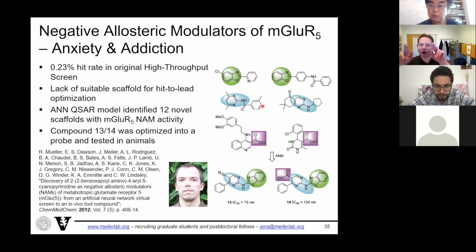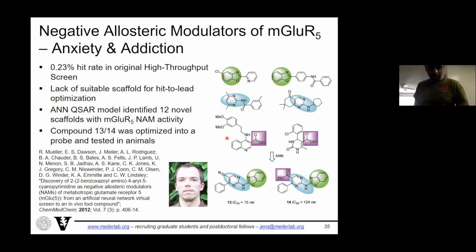So we wanted to scaffold hop. We wanted to have new chemotypes, new chemical structures, but with the same activity. And you see our structures that we purchased recapitulate some structure features of active molecules, but reassemble them in really new and creative ways. Some of those were quite potent, 75 nanomolar. And then we basically used those as lead compounds for the drug discovery program, optimized them, tested them in animals, and proved that this is indeed a target that could be interesting for anxiety or addiction models.